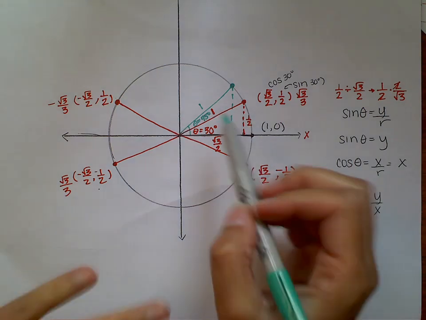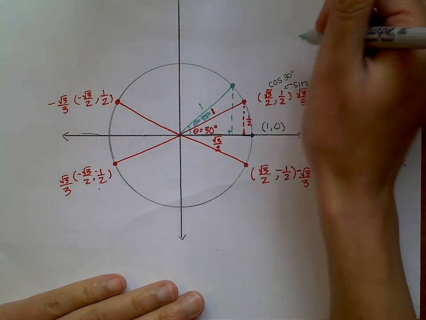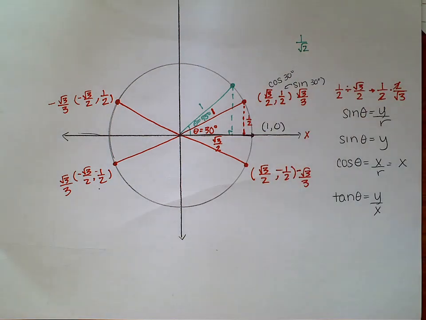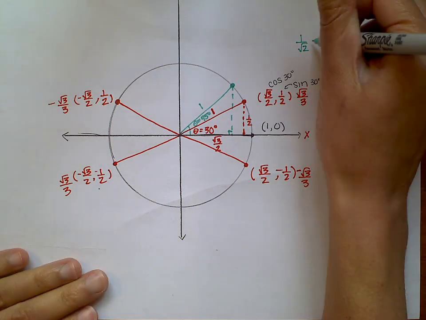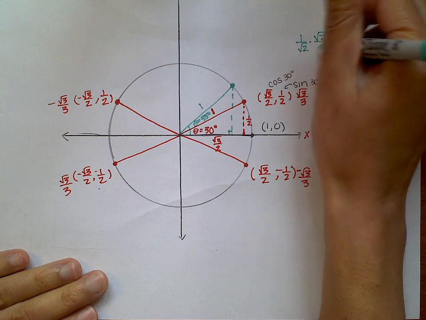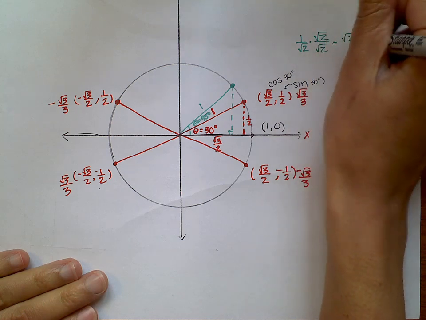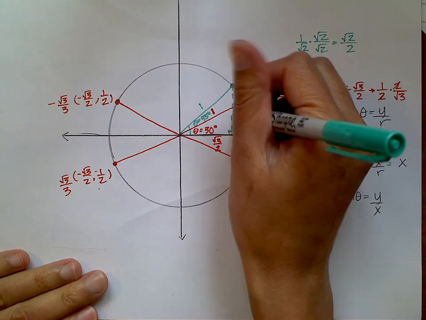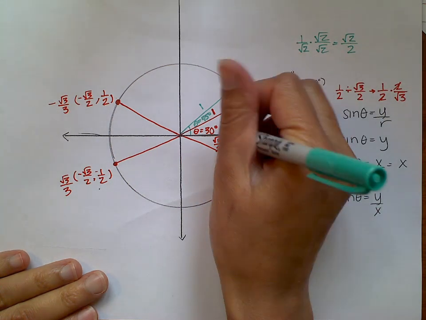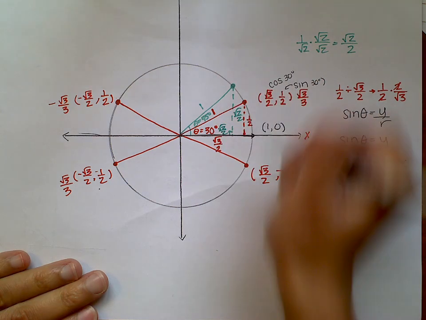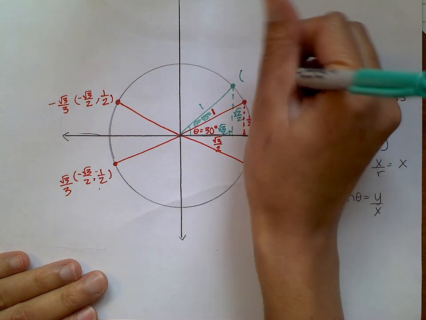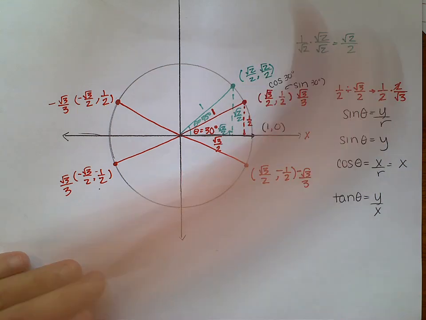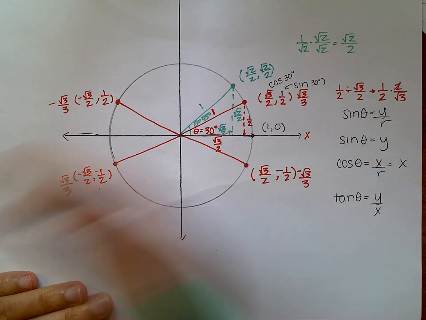So really, because I have the hypotenuse of 1, I need to divide that by root 2 to get back to the leg. So I have to rationalize by multiplying by root 2 over root 2, which is going to be root 2 over 2. That's how high and how far across you went, because the legs in a 45, 45 triangle are the same. So root 2 over 2 is the x and y value that you traveled,